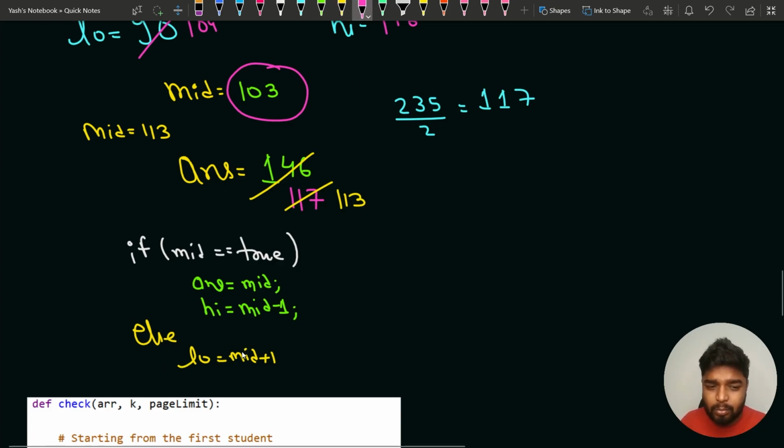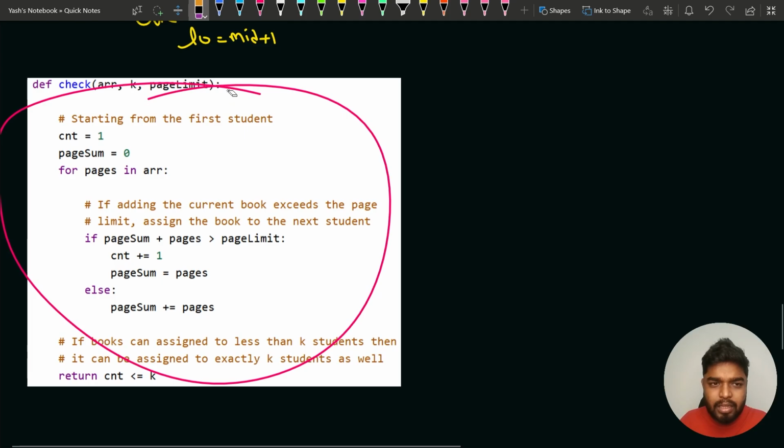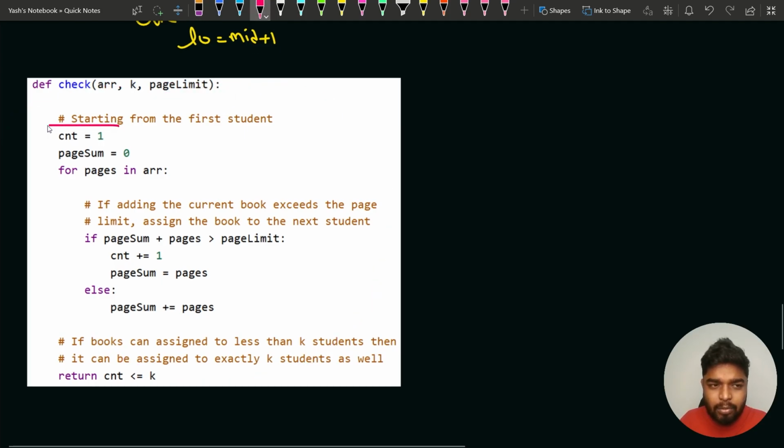Okay, so low is equal to mid plus 1. So this is what we will do in the binary search overall. Now, if you see here, the check function will be the same as the previous problem, because initially you'll update the counter as 1, pages will be 0, and you will check that